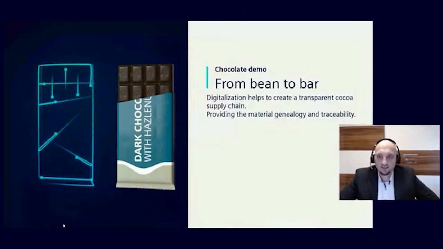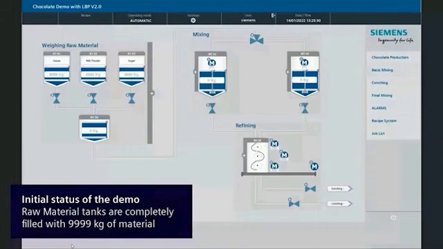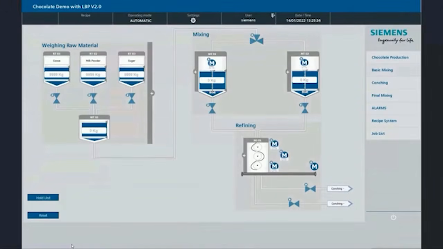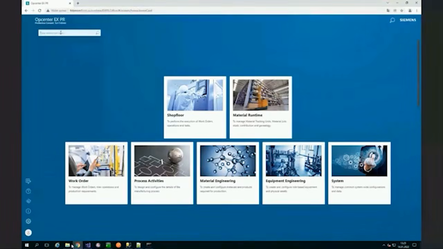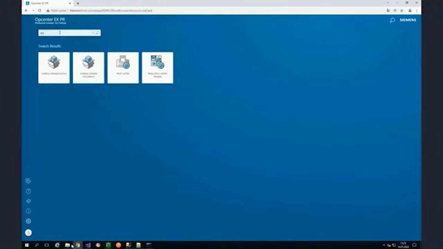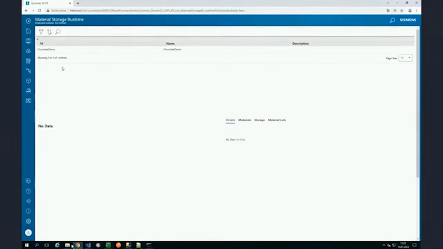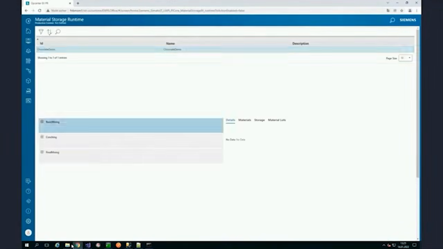In this case, as I said, our demonstration shows the production of a chocolate bar. We see here directly in the mixing area that we have 3 raw material tanks with 3 different products, with a quantity of 9,999 kilograms each. And we're directly jumping to the Opcenter material storage runtime, where we see exactly the same equipment hierarchy.